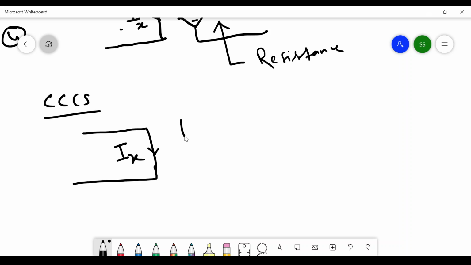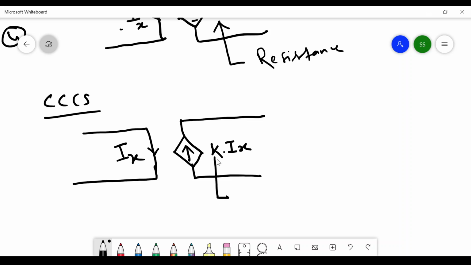It is Ix, and it is controlling another current source, and this value is k into Ix. So you can say that k is a unitless constant. It is nothing but a number. It does not have any dimension